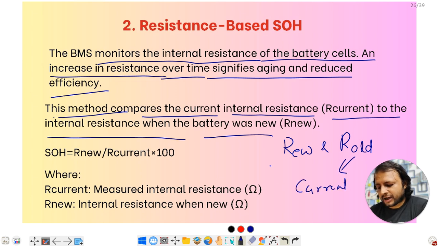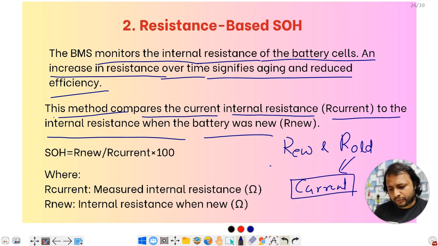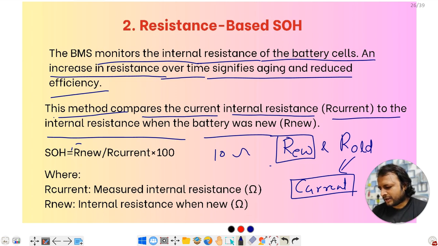करंट मीन्स ऑब्वियसली अगर एक बैटरी है 2 साल पहले बनाई गई थी, अभी हम लोग यूज कर रहे हैं इस टाइम 2 साल से, सो the current resistance will be current of now, and R new will be the resistance during the time of design. So SOH how we will find out, suppose the new one is 10 ohm, just I am taking an example. R current, now the resistance definitely has increased, suppose this one is 15 ohm, multiplied by 100. Okay, so 10 by 15,